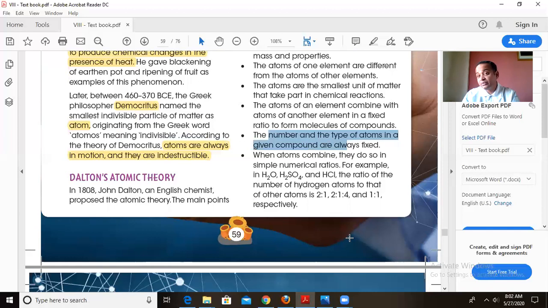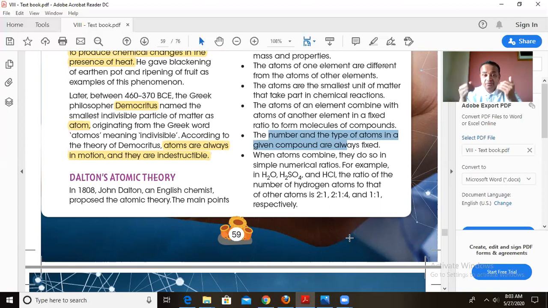But when we move to other parts of the world, suppose from India we move to Japan, last year we went to Japan with all our friends. Over there, the common salt that they are using will obviously consist of again sodium and chlorine, NaCl. So the formula is not going to change. The number of atoms is also not going to change. Move to any part of the world, the number and type of atoms in a given compound will be fixed and similar.